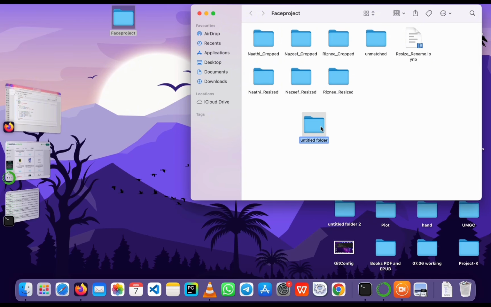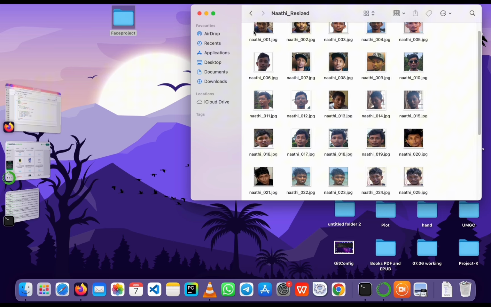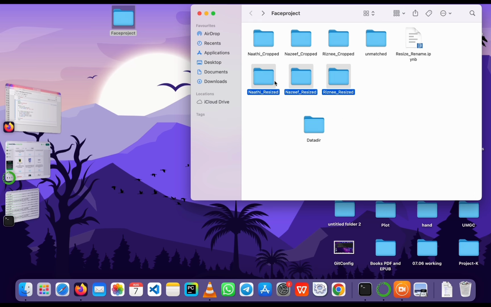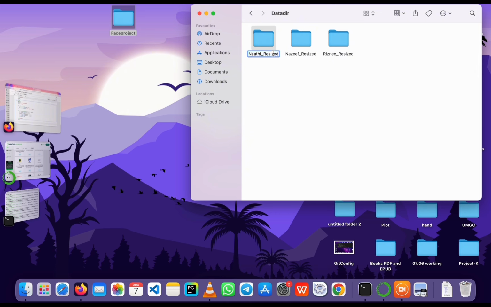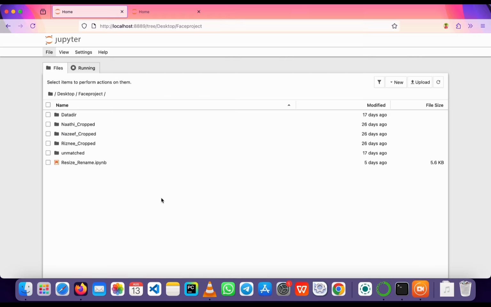Now we create a new folder named data.dir or data directory, something, and paste those 3 new folders, Nadi, Rizni, Nazif, into that folder, as well as we have to move that unmatched class into that folder. Let's create a new notebook,